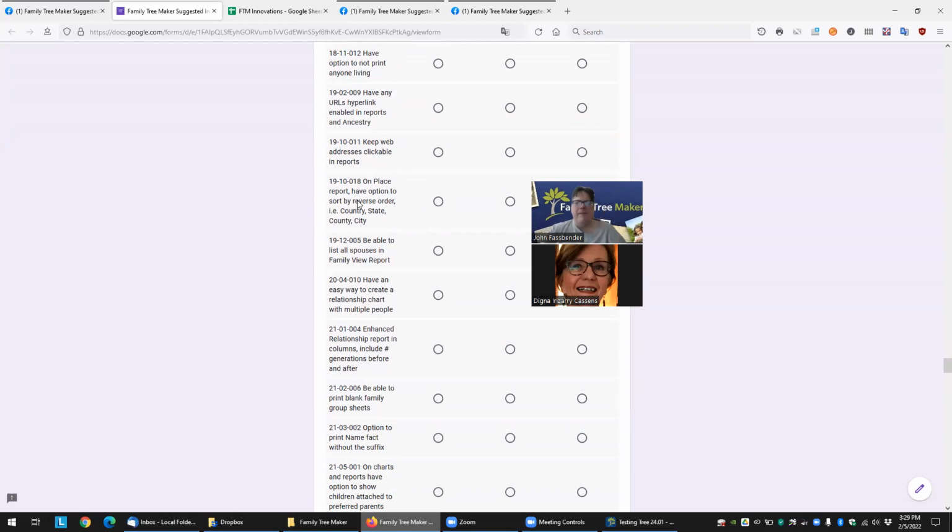Place reports have options to sort by reverse order: country, city, state. If you use Family Book Creator, that will do that. What that does is it keeps all the locations in one state or one county together. You know, so if you have like